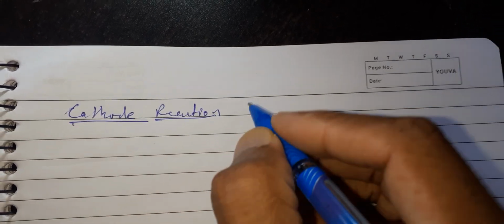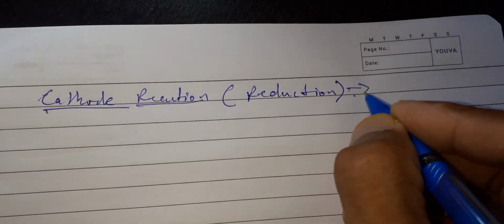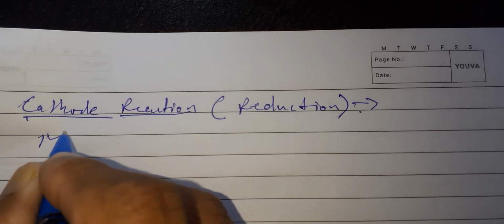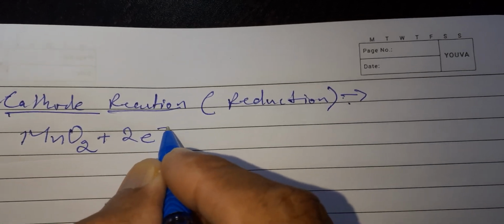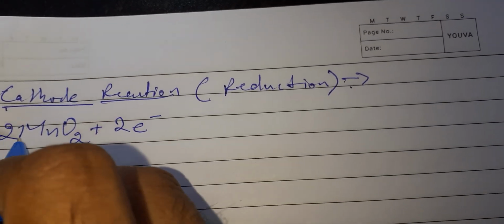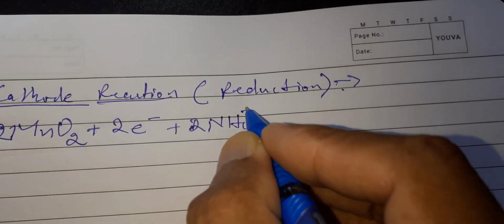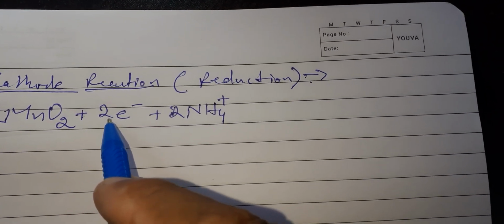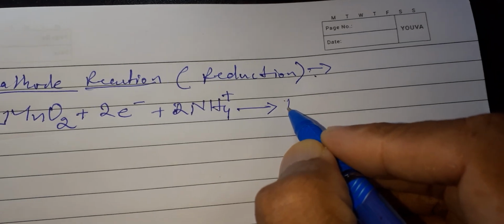Do you know what a cathode is? The terminal at which a reduction reaction takes place is known as the cathode. In this cell, manganese dioxide is basically the cathode. Together with the 2 electrons from the anode side, 2 molecules of manganese dioxide and 2 ammonium ions from the electrolyte react. This is how the reaction takes place at the cathode. Manganese dioxide, 2 electrons from the anode, and ammonium ion from the electrolyte react, and the product formed is